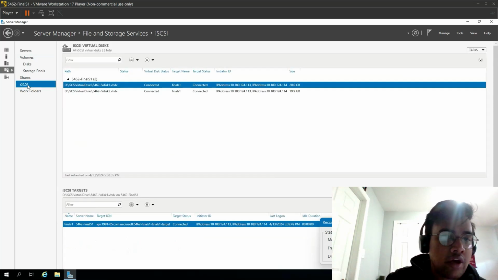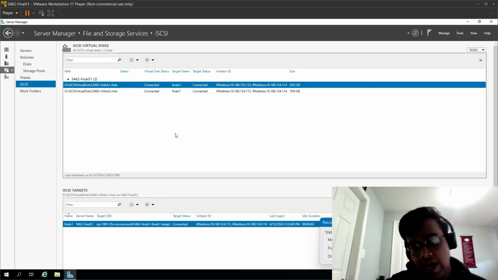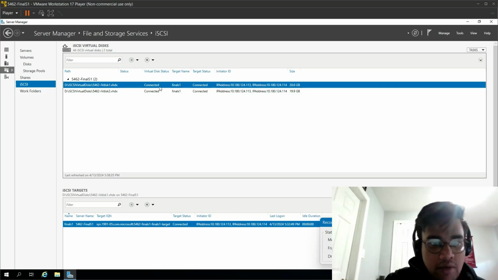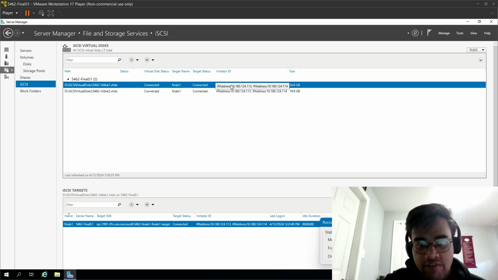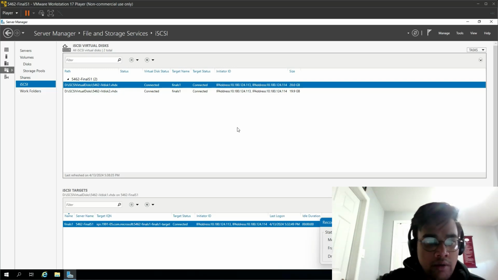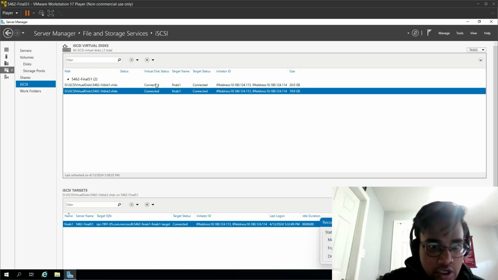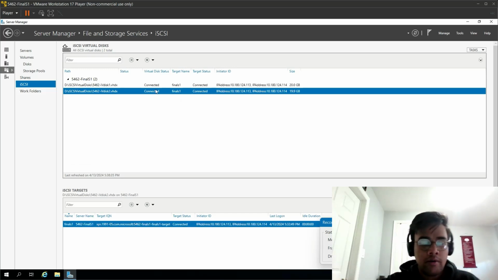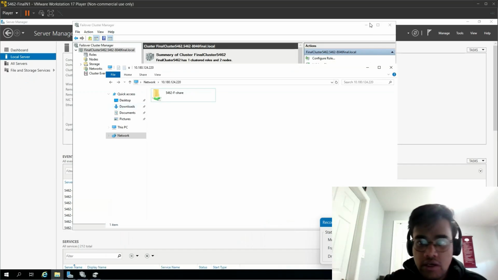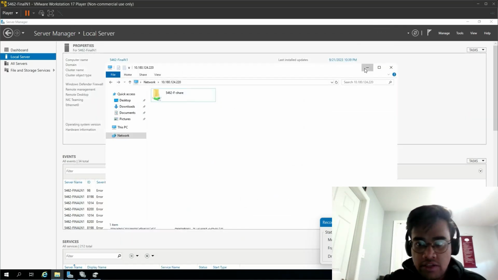If I quickly go to the iSCSI tab, you'll be able to see that I have created two virtual disks for failover clustering, and both of them, as you can see, have been assigned the initiator ID. I have given both node 1 and node 2 here, and both of them are connected, which you can see right here. Now if I quickly jump to N1 and N2,